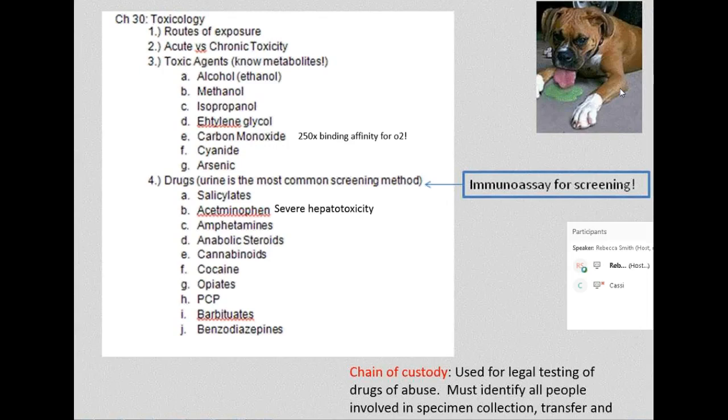One thing that we talked about very briefly, or even talked about at all, is the chain of custody. This is used for legal testing of the drugs of abuse. It identifies all people that were involved in specimen collection and transfer and the shipment of the testing sample. For example, when I worked at the first hospital I ever worked at right out of college was a huge hospital,